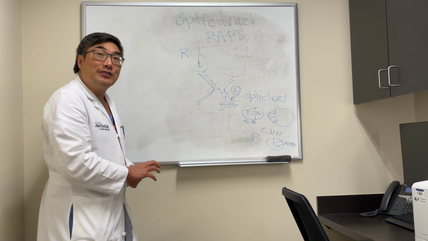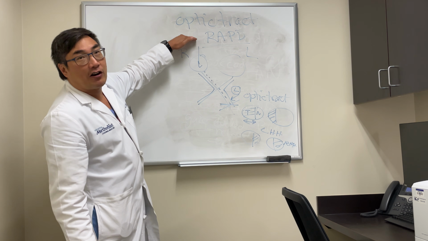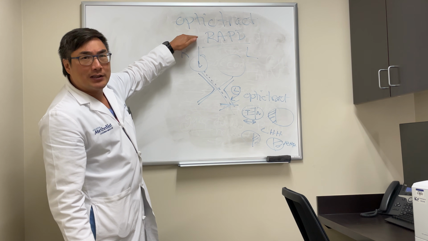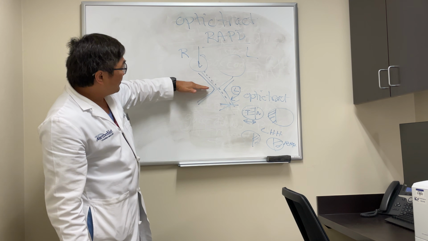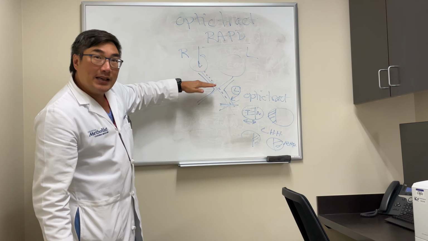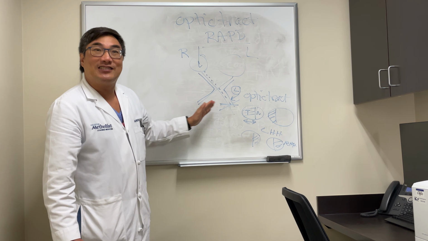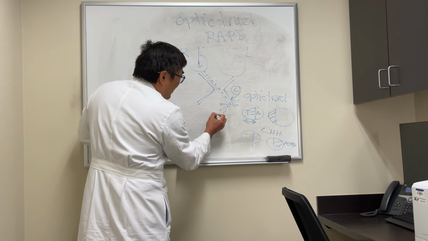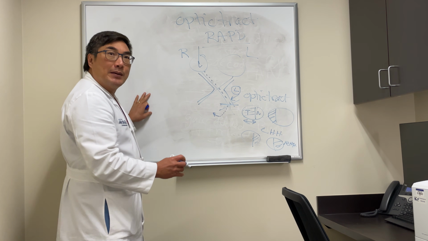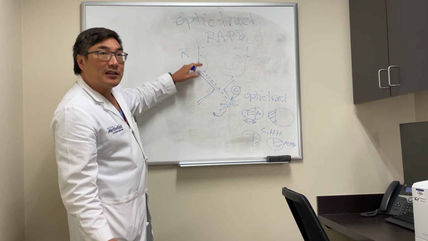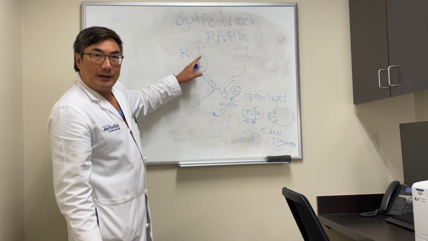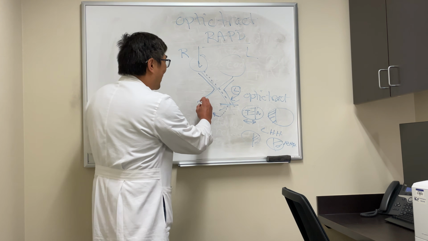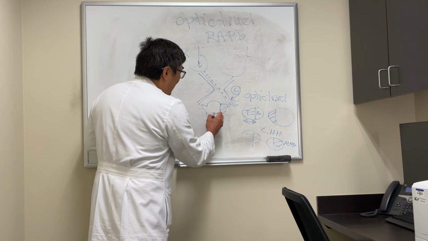And that is counterintuitive because you want to say that an RAPD is always ipsilateral to the lesion, but it's not. It's only ipsilateral if you're in front of the chiasm. Once you're behind the chiasm, it can be either side. And there's this little interneuron that goes to the pretectal nuclei in the midbrain to the Edinger-Westphal, and that constitutes the efferent pathway. So you can still have an RAPD even at the level of the midbrain